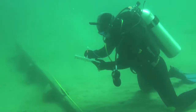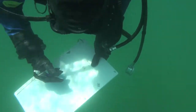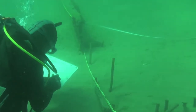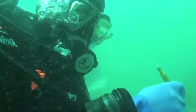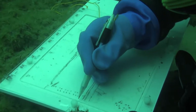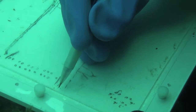The hardest thing about drawing underwater is the visibility, number one. Number two is stabilizing yourself because you're in a weightless situation, and when you stop to try to draw something, you have to stabilize not only your drawing slate, but your hand, etc., and capture those details, all the while kind of floating free. And the other thing is the cold. You tend to shiver when you're down there, so the lines get a little squiggly at times. So visibility, the cold and shivering, and being able to stabilize yourself and your slate all become factors in